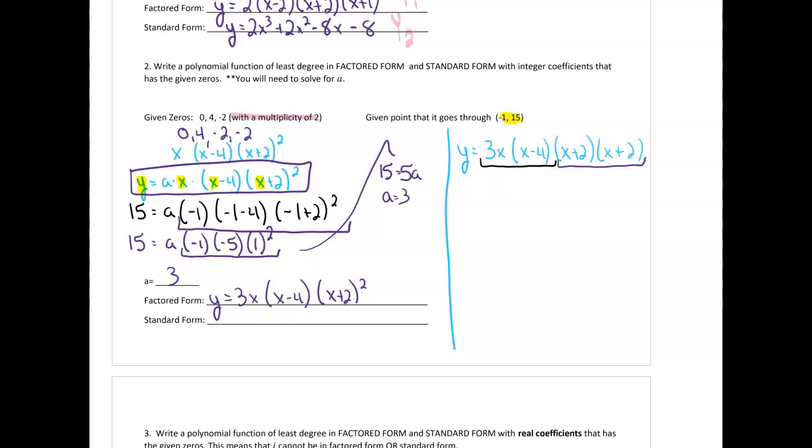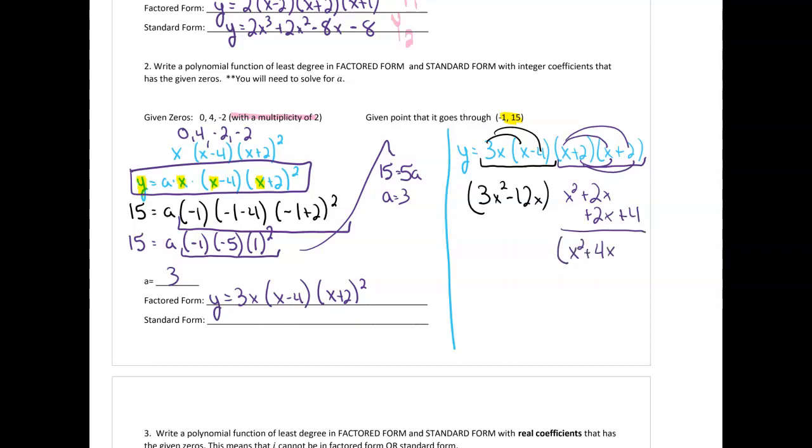So first, just distributing my 3x in, I get 3x squared minus 12x. And then when I have these neighbors meet, I'll get x squared plus 2x. Then I'll get another 2x, and then when the last neighbors meet, I get 4. So when all of these neighbors are done, I get x squared plus 4x plus 4. And then just to drop this one lower, I'll bring that other one through,